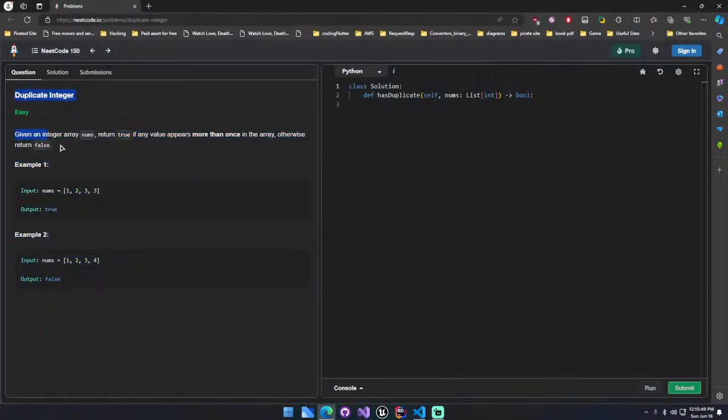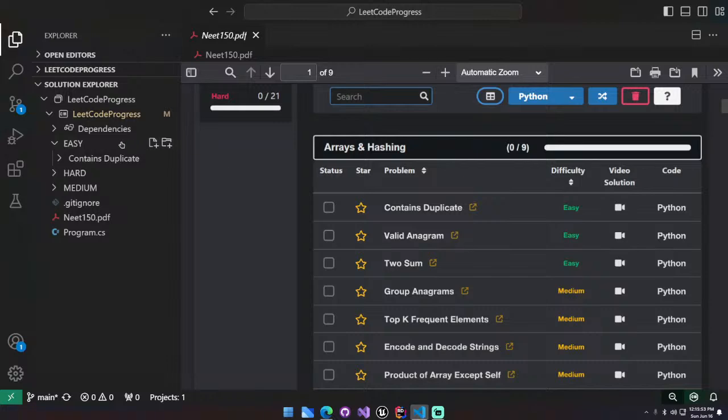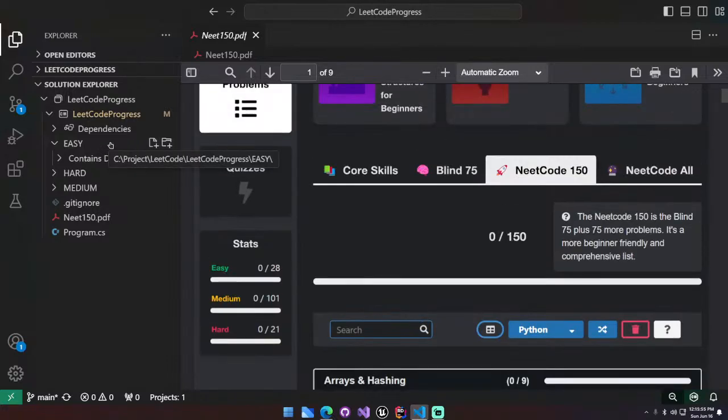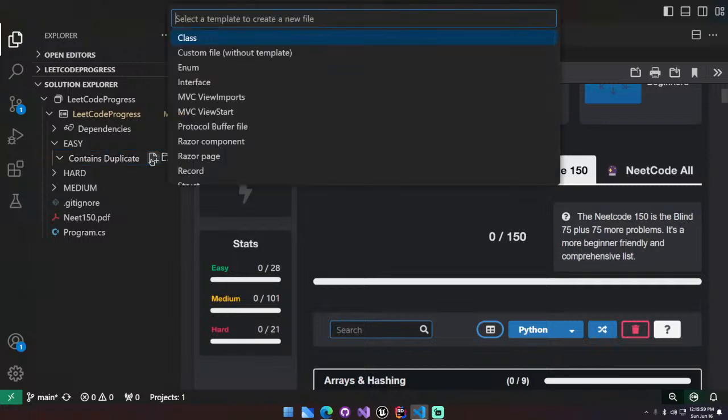We are going to be starting off with all of these things. We're going to start off with our LeetCode grinding. Okay, Contains Duplicate, so let's create a